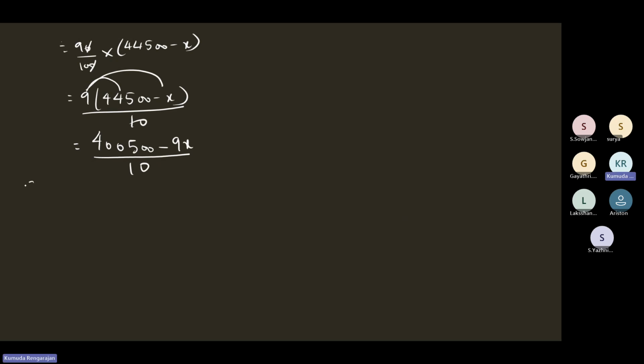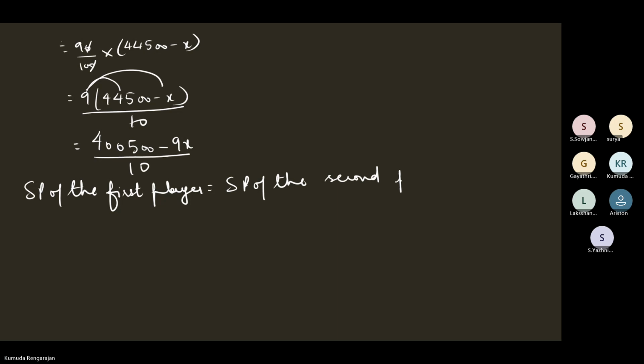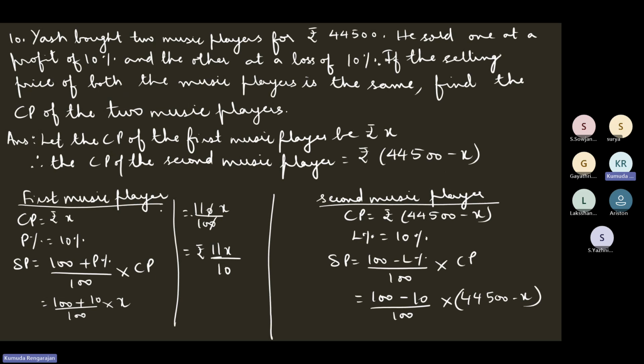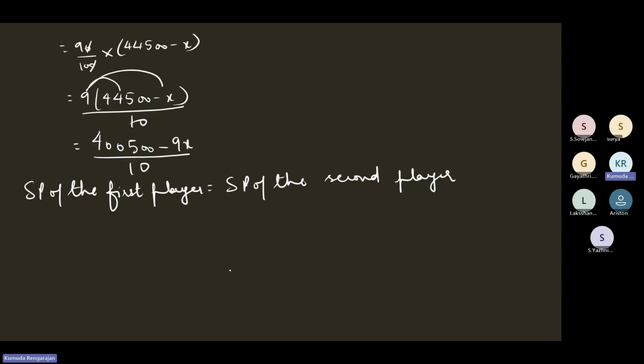So it's given that SP of the first music player, I just write first player, is equal to the selling price of the second music player. This is given to us in the question. So we got selling price of the first music player 11x by 10. So 11x by 10 is equal to